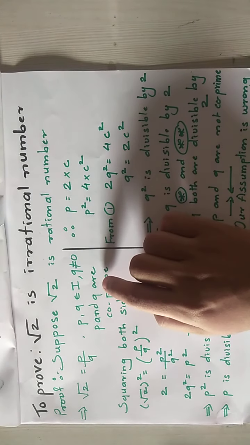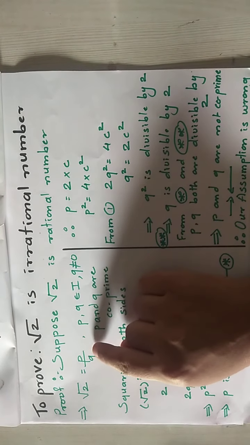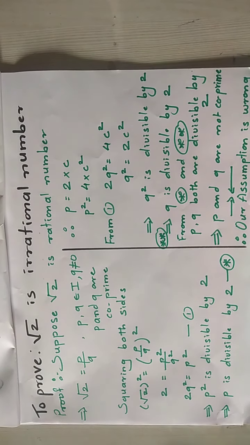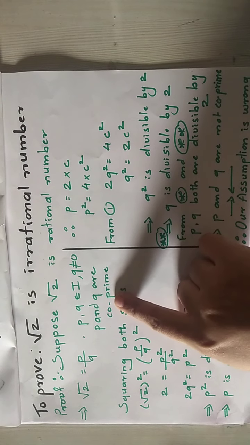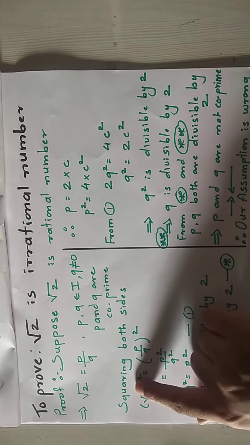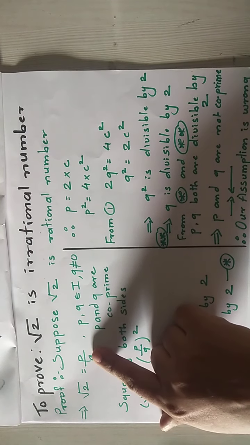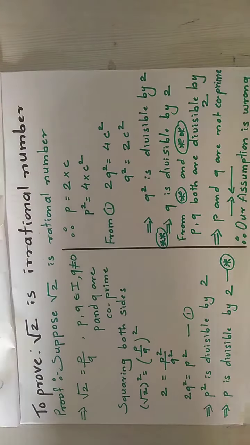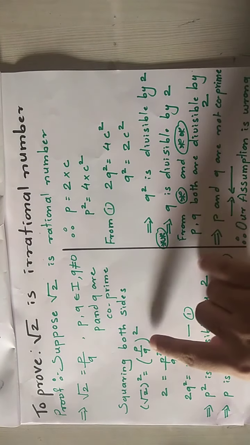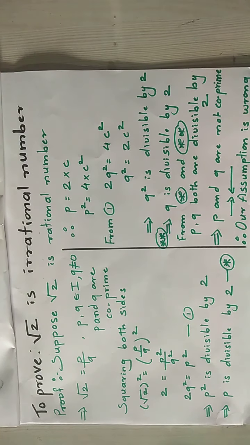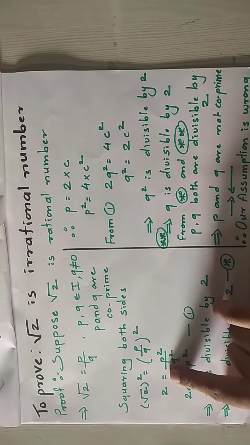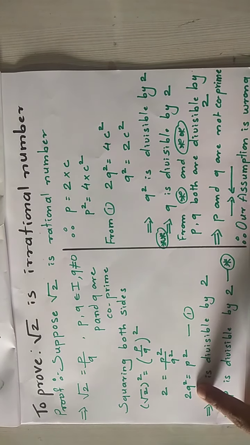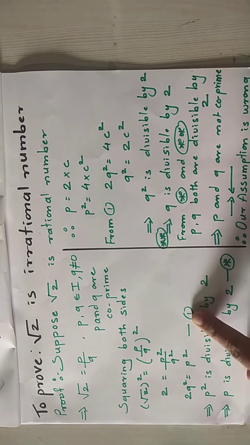We know very well the meaning of the word coprime. Coprime means p and q will not go in the same table, and also they will not be going in each other's table. That is the meaning of p and q are coprime. Now, after this step, we square both the sides, LHS and RHS. Squaring both sides, you get root 2 square equal to p upon q the whole square. This will be 2 is equal to p square upon q square. Cross multiply, q square goes up, it will become 2q square equal to p square. Call this step number 1.